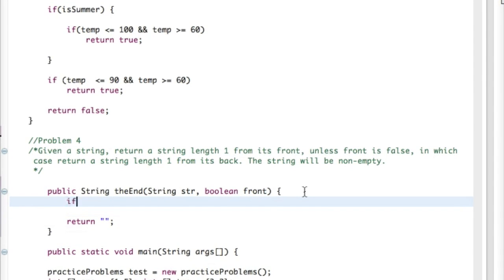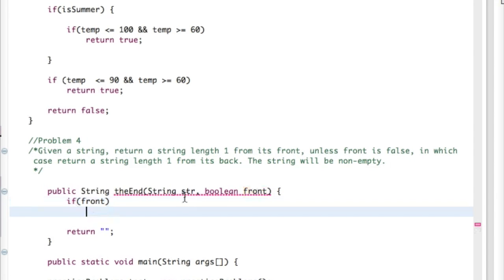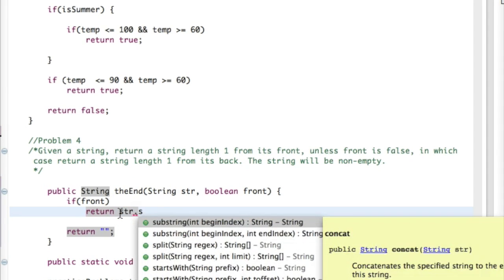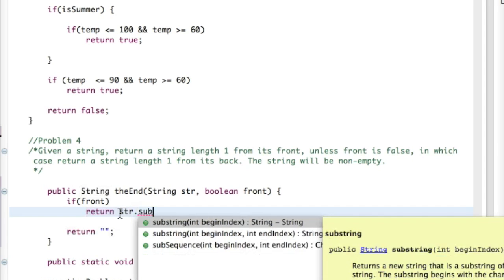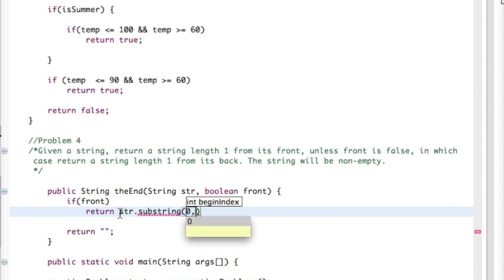But we can set an if statement, and we want to access this front, so if front then return this string that is being passed, substring 0 and 1. And because this front boolean is true, we can just return str.substring of 0 and 1, which will print out the first